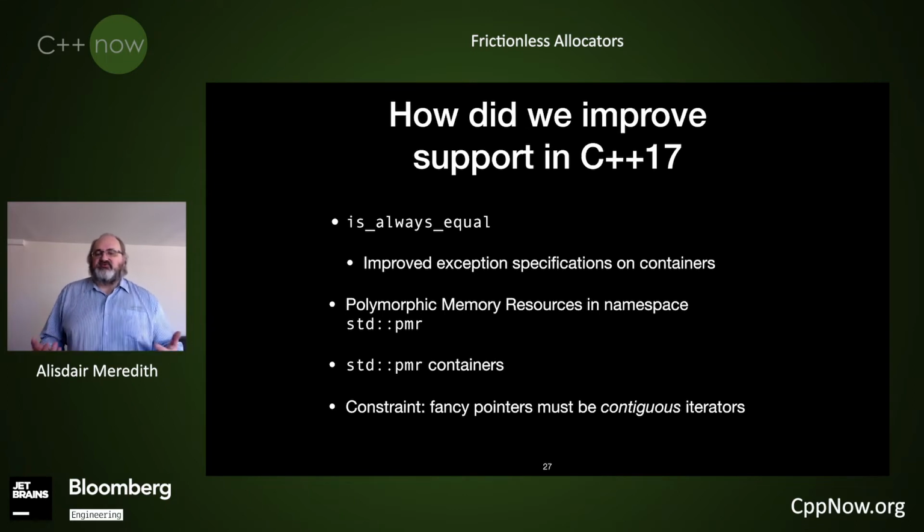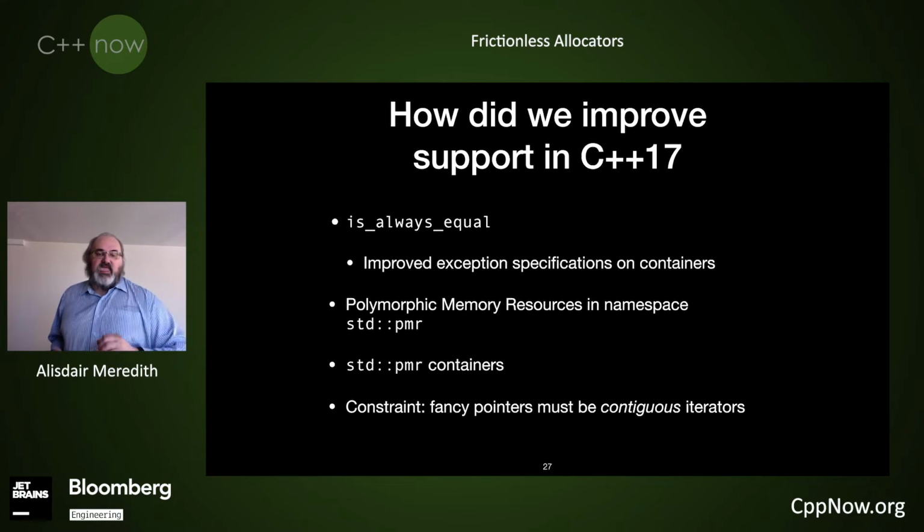And this is a way of supplying your allocator at runtime of different kinds, and it's polymorphic. I say allocator, the standard says memory resources. I've been in Bloomberg too long, and what the standard refers to as a memory resource is exactly what we have referred to as an allocator. So hopefully I will not get too confused in my terminology. I'll try and say memory resource, but if I slip, hopefully you'll know what I mean.